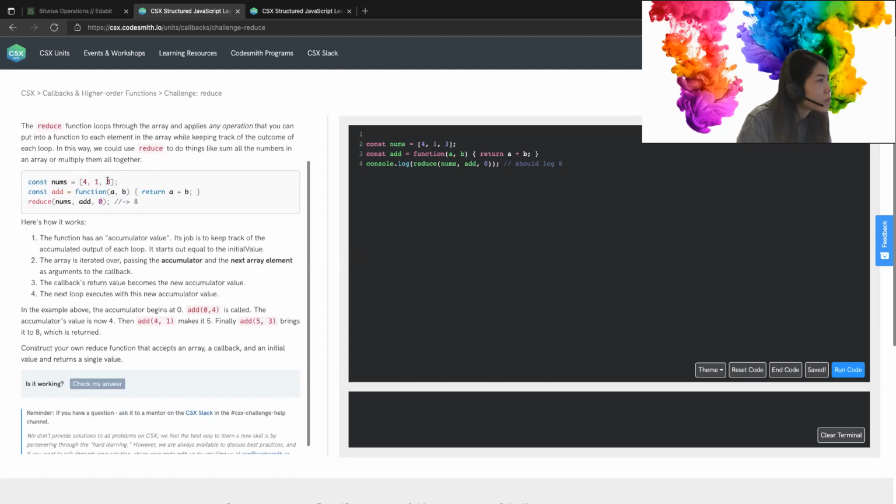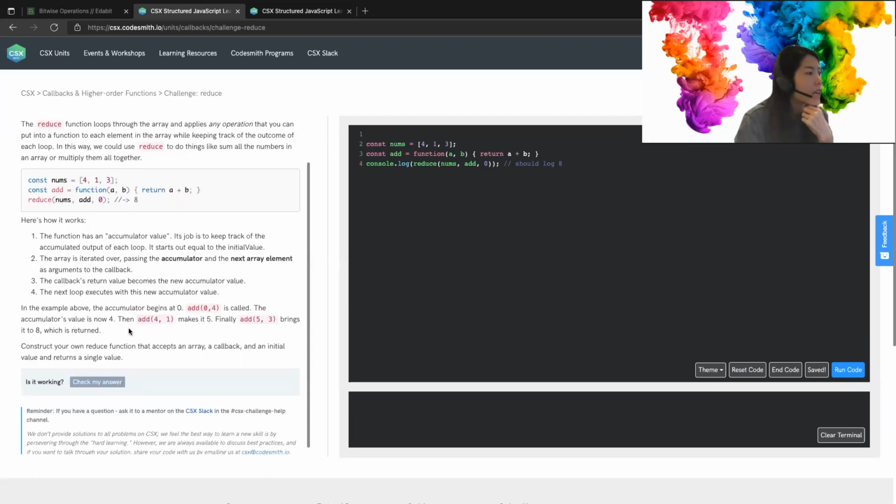That's why we return 8, because we go through each element, right? Add 1, add 2, and so on. Fourth, the next loop executes with this accumulator value. In the example above, the accumulator starts at 0, and we add 4 to 0, so the accumulator value is now 4. Then we add 4 and the second element 1, making it 5. Finally, we add 5 and 3 in the add function, which brings us to the value 8,